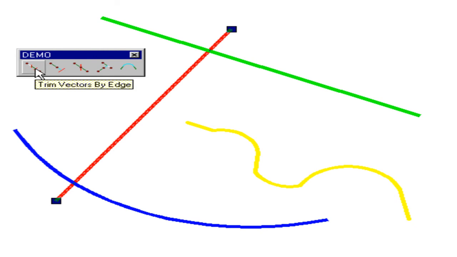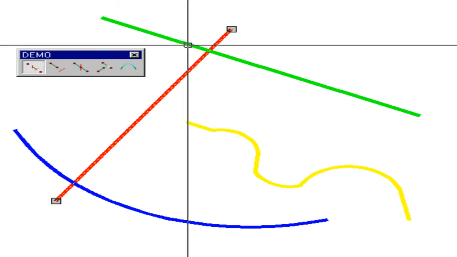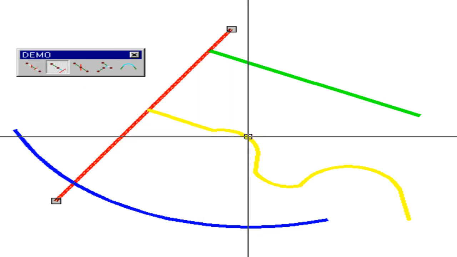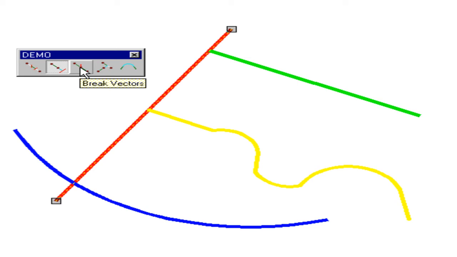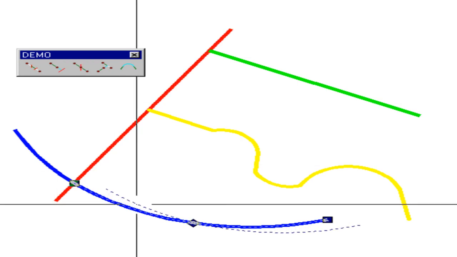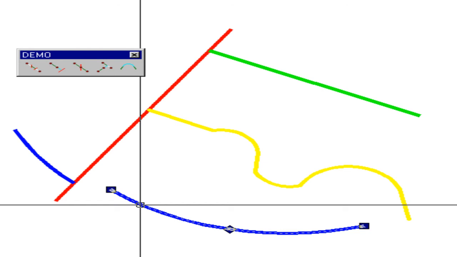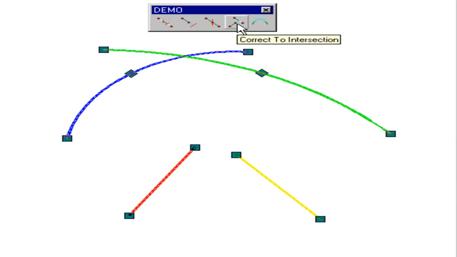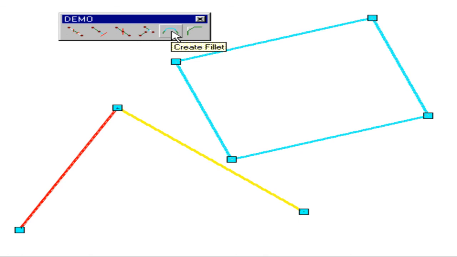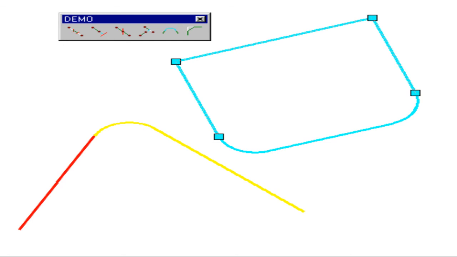WiseImage provides various tools for editing vector objects. Operations such as trim, expand and crop are available. You can correct vectors to intersection. You can create fillet specifying the fillet radius, create chamfer specifying the distance from the corner,